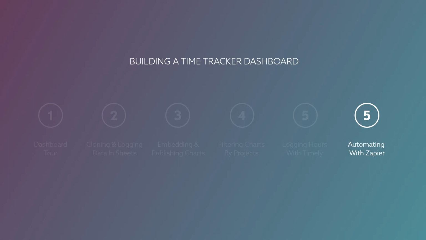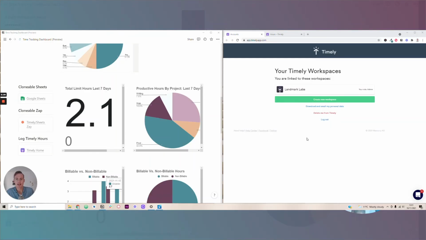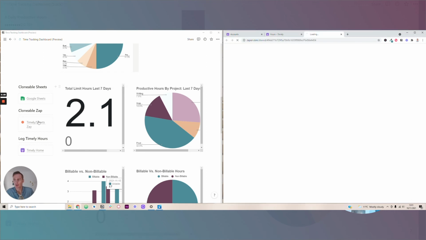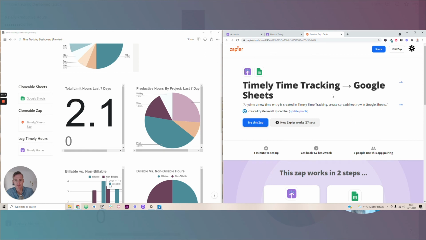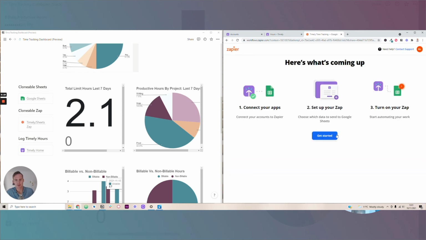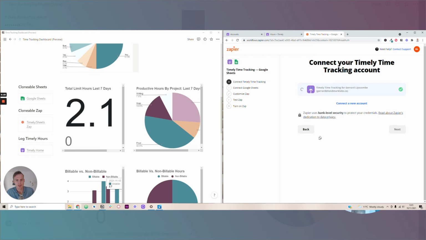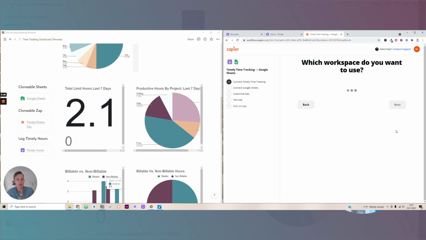Next thing that we need is a Zap to automate this whole process. So from this view, we can click and open the pre-built Zap in Zapier. If you're already logged in, you should see this view, and you can hit try this Zap. It's going to show us what's going to happen. I'll hit get started. It's going to connect to any existing accounts. You'll probably need to add yours if you haven't already had this set up, but in my case, it's already